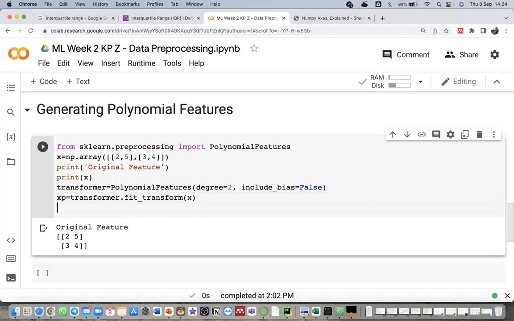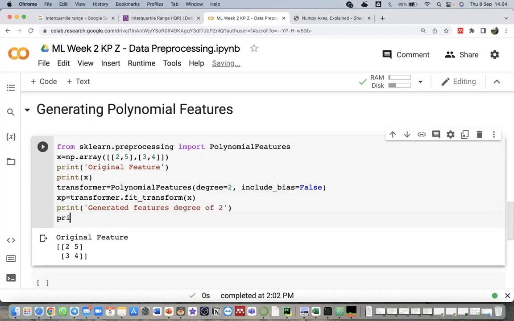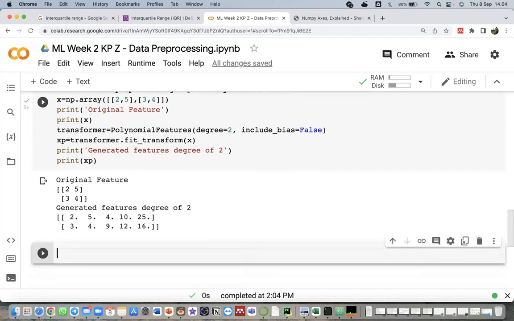Then we print the generated features, degree of 2, then print the xp. So this one is the generated features degree of 2.